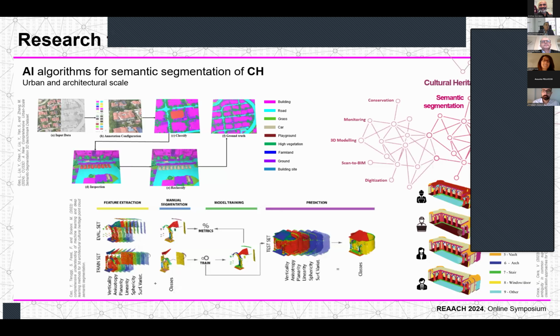Today the use of artificial intelligence algorithms for semantic segmentation of cultural heritage data in the form of images or point clouds, mainly at the scale of urban and architectural application, is well established. The advantage of their application is the facilitation of several activities related to the issues of modeling, heritage management, monitoring,